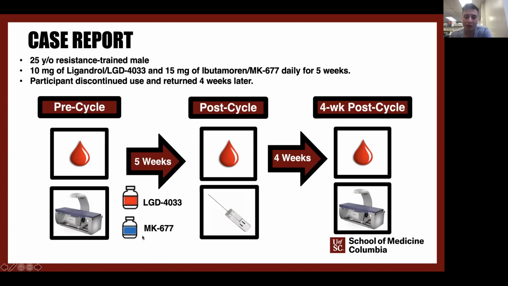So for 5 weeks, he took these compounds, and then post-cycle, still on cycle, but post-cycle, if that makes sense. We also got additional blood data, and we took a muscle biopsy from his vastus lateralis, so from his quad, to look and see what's going on intramuscularly. Then he came off for 4 weeks. We told him to come back, and we got more blood and body composition data.